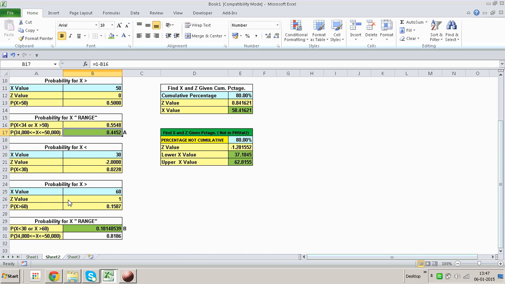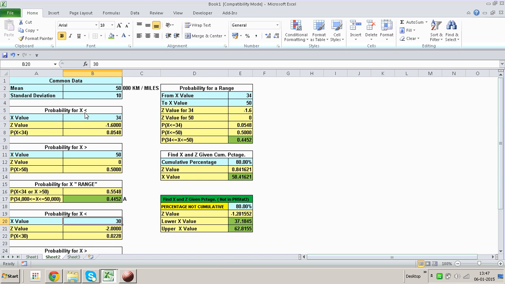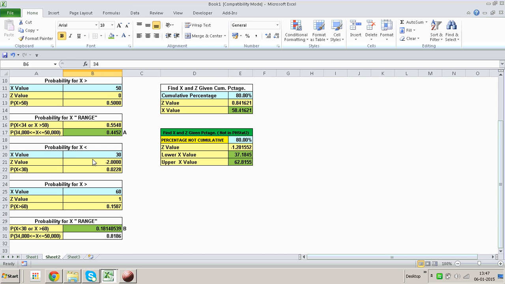So presume somebody wants that information, then again you will find out the probability of less than 30,000, just like we would have found the probability of less than 34,000 over here. So you input that figure over here, and this is the result that you get. And similarly, above 60,000, you end up adding these two probabilities. So what you get is